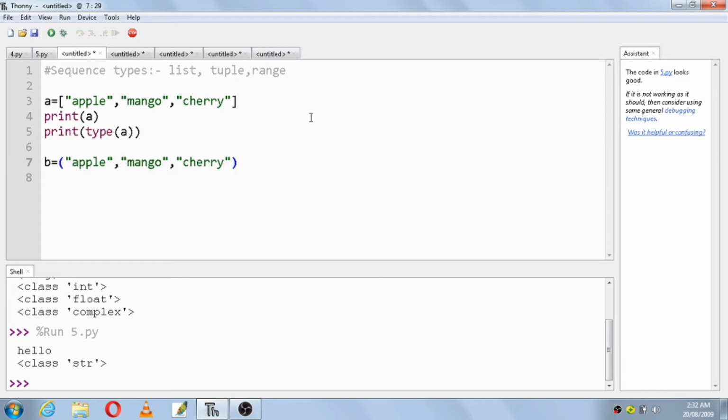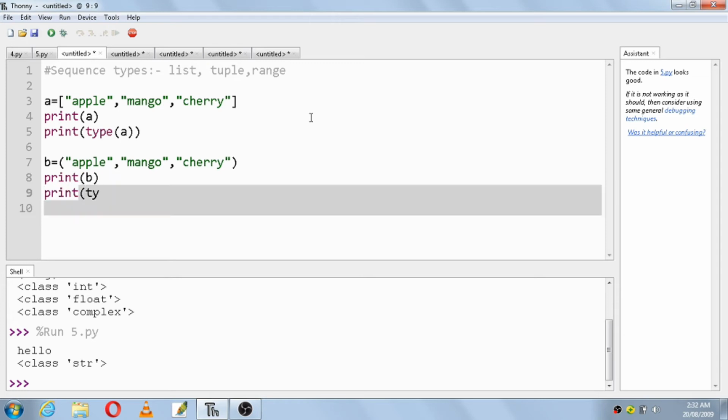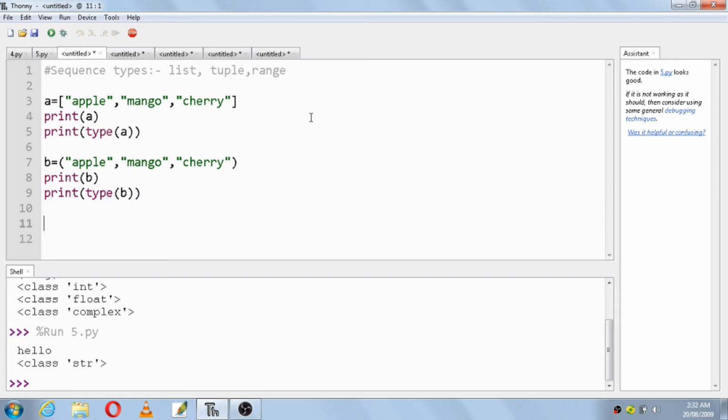Close the parenthesis. Then we'll write print of b, then print type of b. Here also we have given a list of values. Only difference is we are using brackets here, and here we are using parenthesis.